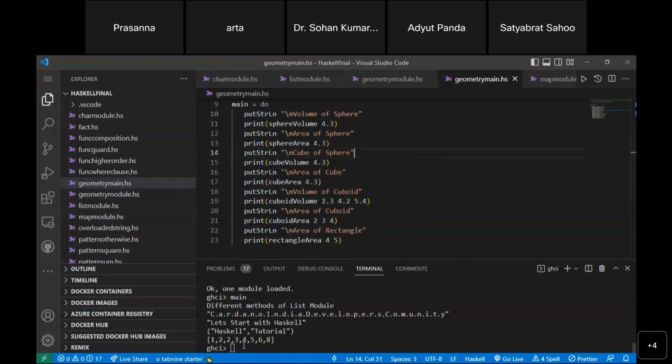In the GSI, whenever you want to compile the program, you have to compile the program geometry main, then geometry module. Now, how to compile it? Because you are using this sphere volume with the geometry model. So here I am writing compiling. So load here, colon L, then